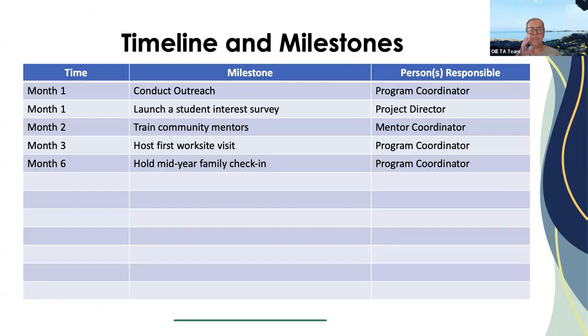A data check to see if the program is on path to meeting the goals. That's a good one. You want to plan in times where you are checking your data. By month 8, 60% of students have completed their work-based learning activities and learning plans, make plans to meet total goal. Nice. Awesome. These are really good month 8 check-ins.